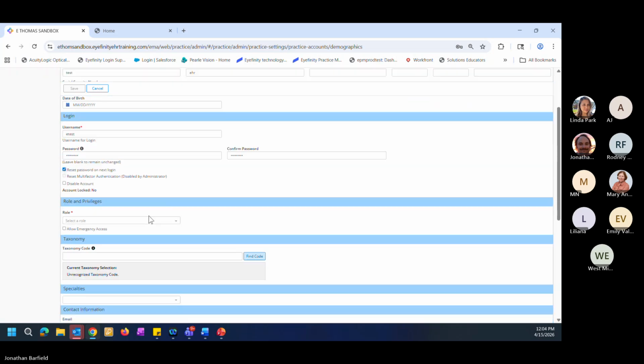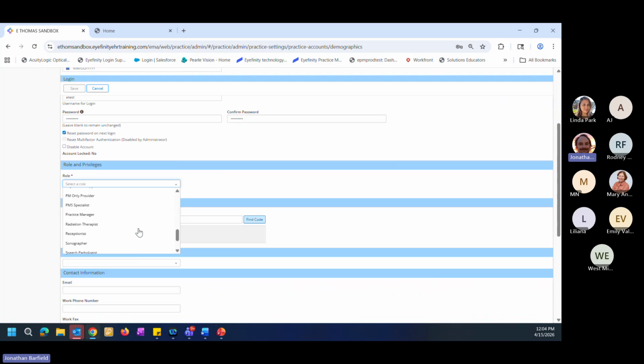All right. Roles. So lots and lots of roles in here. Okay. Many of these roles do the same thing. Okay. You might also notice that there is no doctor role in here. You can't add doctors. We'll cover that in the second part of this. Most of these roles cover the same thing. Just to show you a detailed example or breakdown of what each of these roles can do,